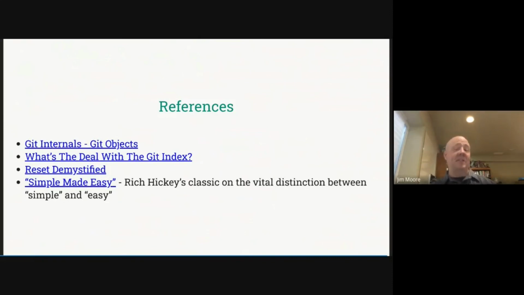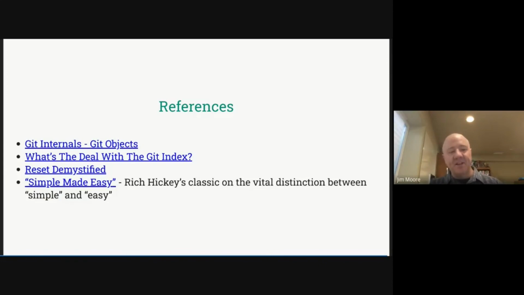Another famous example from computers would be that Unix is simple but not easy, whereas Windows might be easy because that's what everybody's used to, but it's not simple.